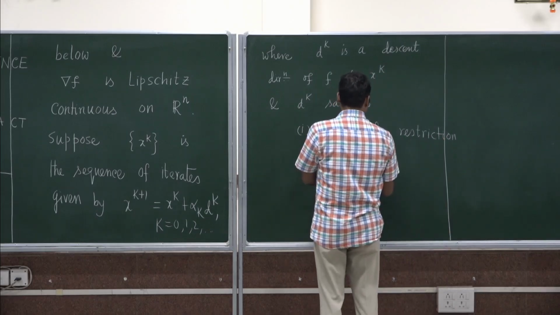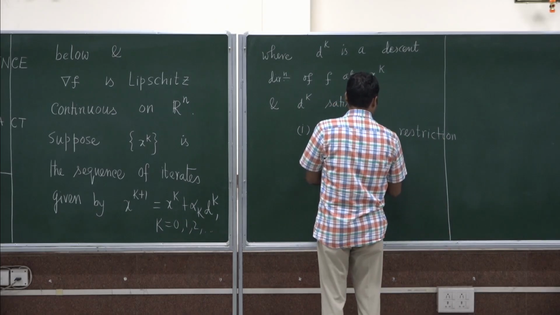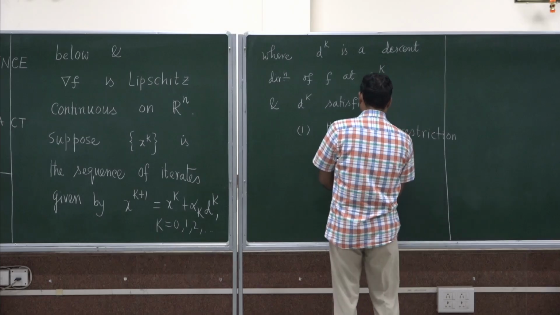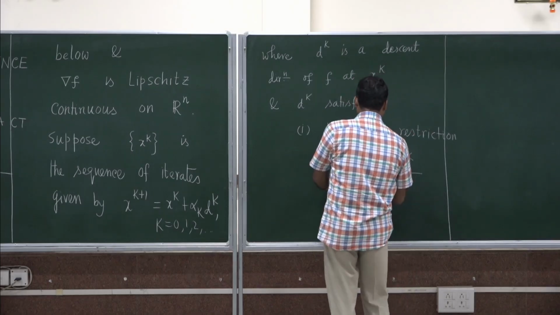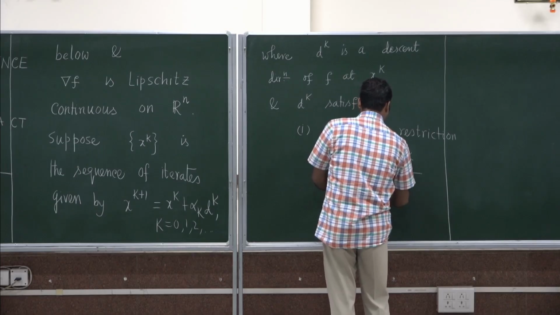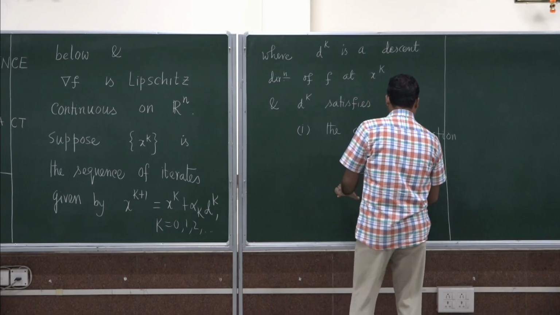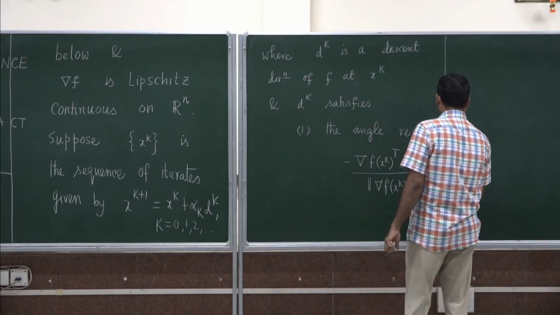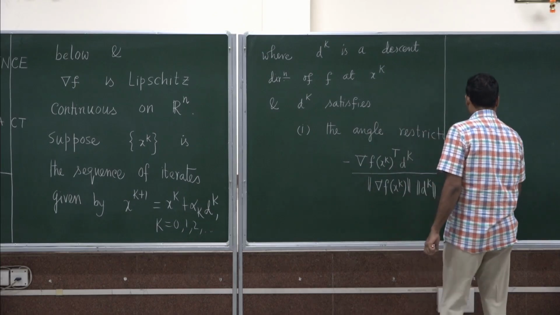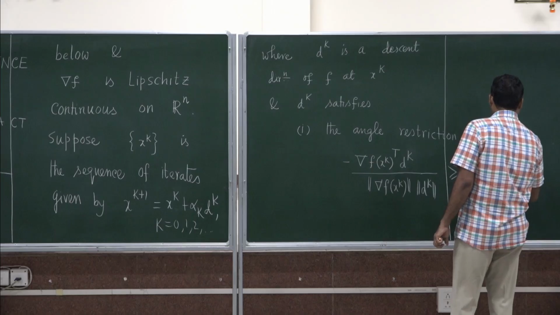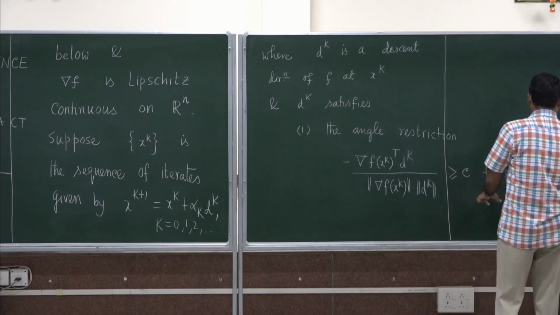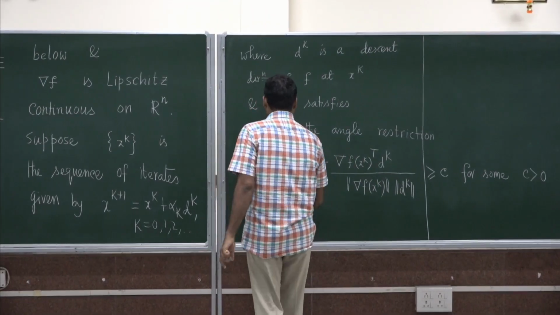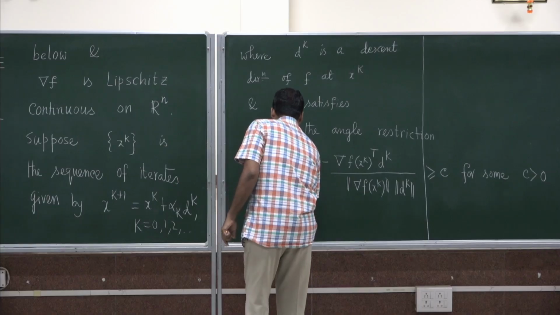that the d_k's are uniformly bounded away from the negative gradient, which is mathematically this inequality for some c greater than 0, and also we assume that